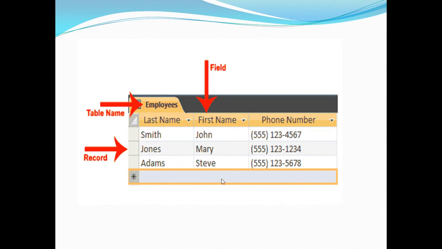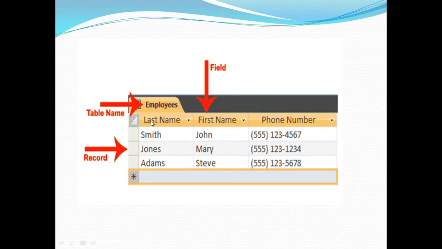Now, see in this table, this is the table where the table name is employees. Fine. And these are the records 1, 2, 3, 3 records and 3 fields. Why are we not counting this as a record? Because this is not containing any data. These are actually not data. These are the field names.